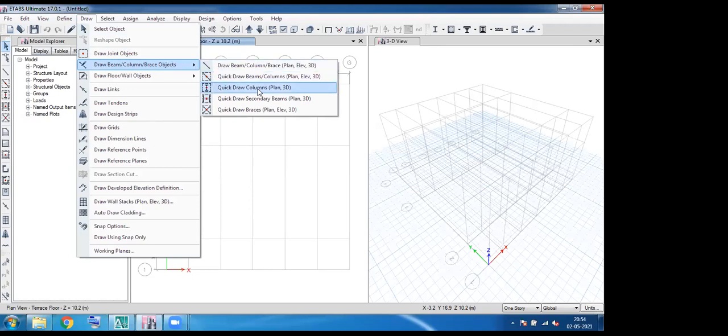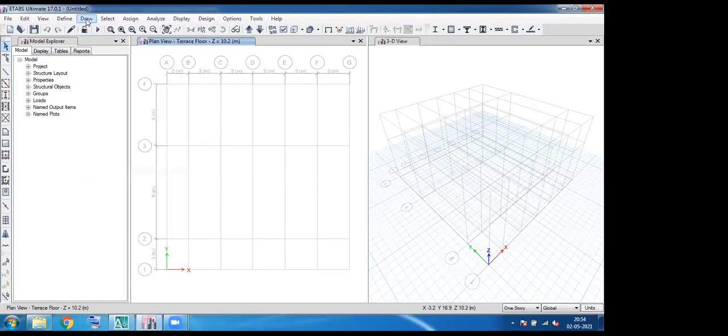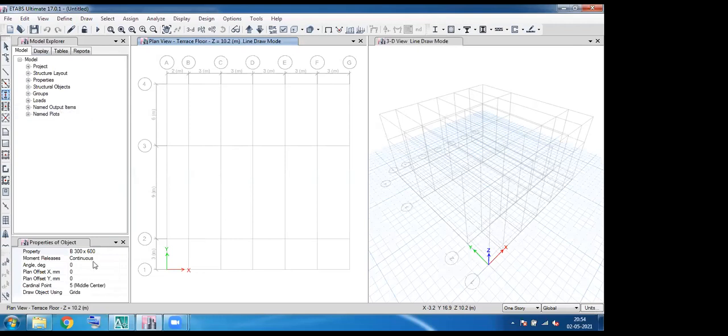This option is used for modeling a column, or otherwise there's a quick access icon available right here. See, an I-section-like symbol, quick draw column. By selecting this icon, at the bottom it shows the property.